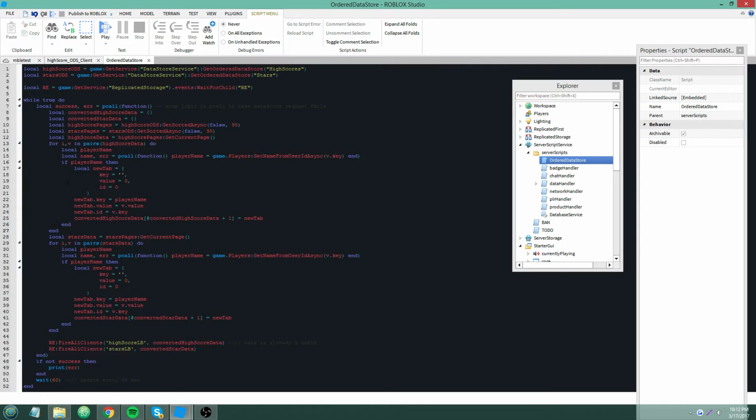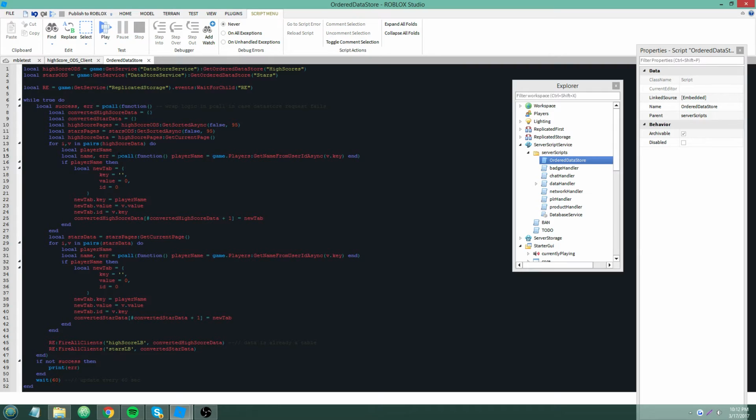For i, v in pairs high score data do, we're gonna just predefine local player name, because, well, because of scope pretty much. I can't put local player name equals blah blah blah here. We want it to be local to this scope and not this function scope, because we need to access it down here out of this function scope, because if you notice it ends on this line. Well, the line is relevant, but the end is right here for this function.